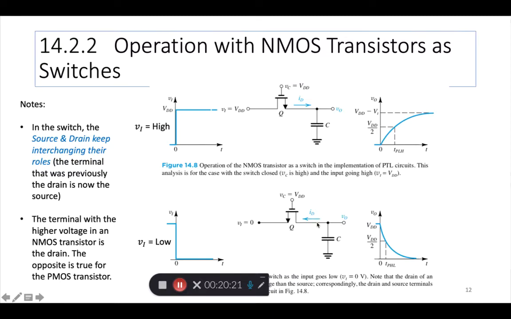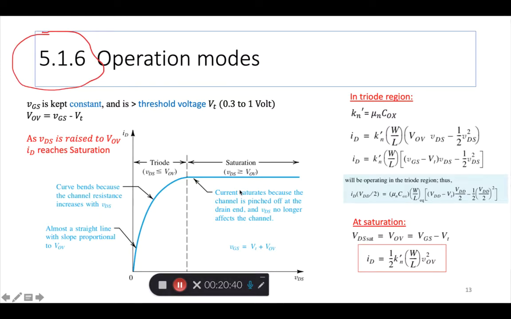Hence, this takes on the role of the drain and this side becomes the source. And these are NMOS transistors, right? So this rule also is something to remember. The terminal with the higher voltage in an NMOS transistor is the drain. The opposite is true for the PMOS transistor. Okay. Now, a lot of analysis for this NMOS switch